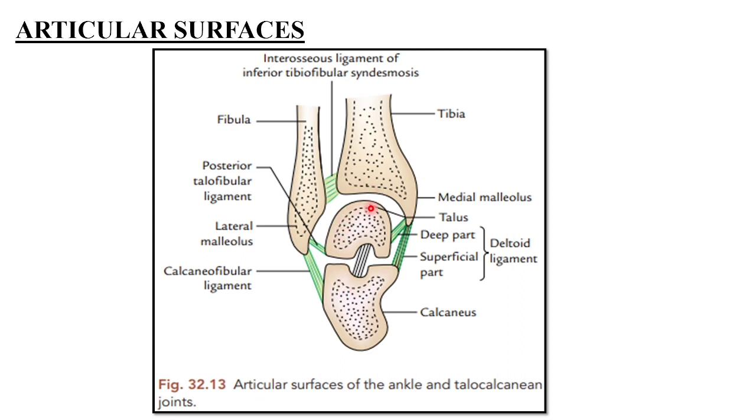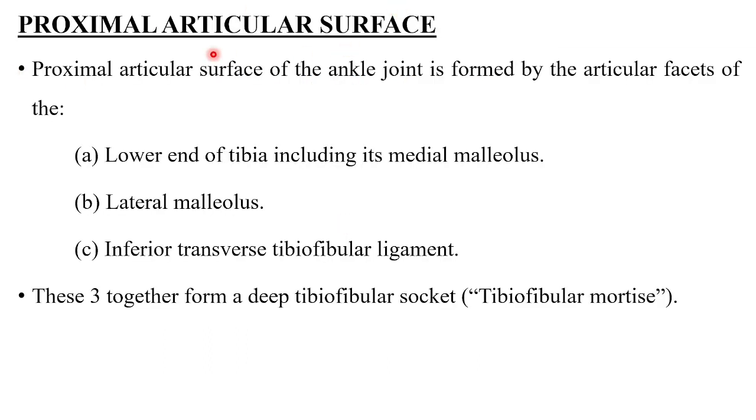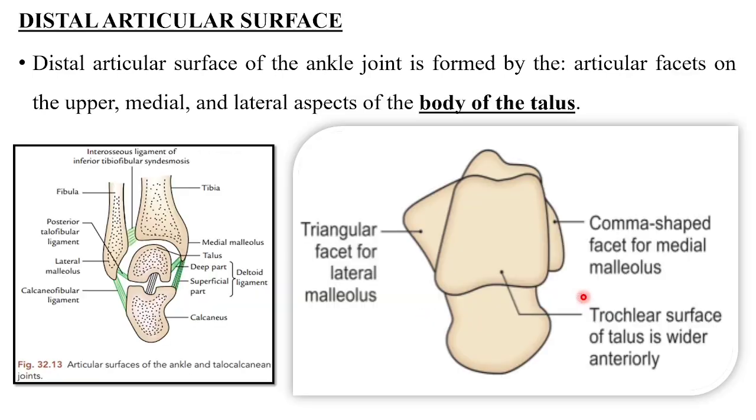That is your proximal articular surface and your distal articular surface. As I already discussed, the proximal articular surface is formed by three different facets: the lower end of tibia, including its medial malleolus, the lateral malleolus of your fibula, and the inferior transverse tibiofibular ligament. These form a deep socket known as the tibiofibular socket, otherwise known as the tibiofibular mortise or ankle mortise. Coming to the distal articular surface, the distal articular surface of the ankle joint is